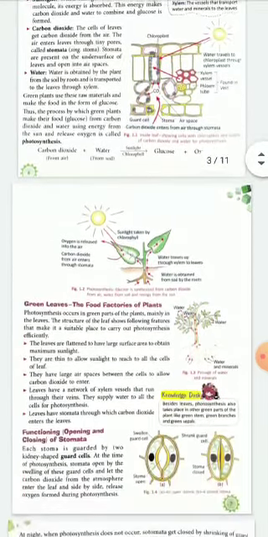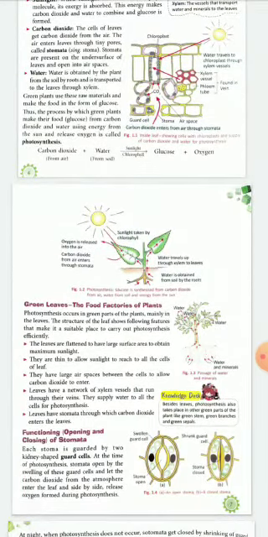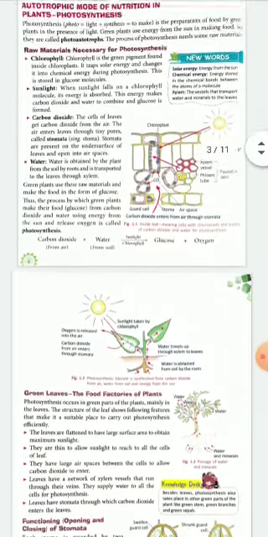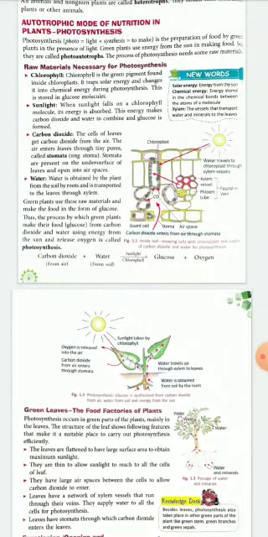If we see figure 1.4, we can see the guard cells and the stomata opening and closing. And figure 1.1 shows the chloroplast where the photosynthesis process takes place. Chlorophyll is a green pigment present in leaves which helps the leaves capture energy from sunlight to prepare their food. Now this process of food preparation which takes place in the presence of sunlight is known as photosynthesis. During photosynthesis, water and carbon dioxide are used in the presence of sunlight to produce carbohydrates and oxygen. Carbohydrate is nothing but glucose, simple glucose.